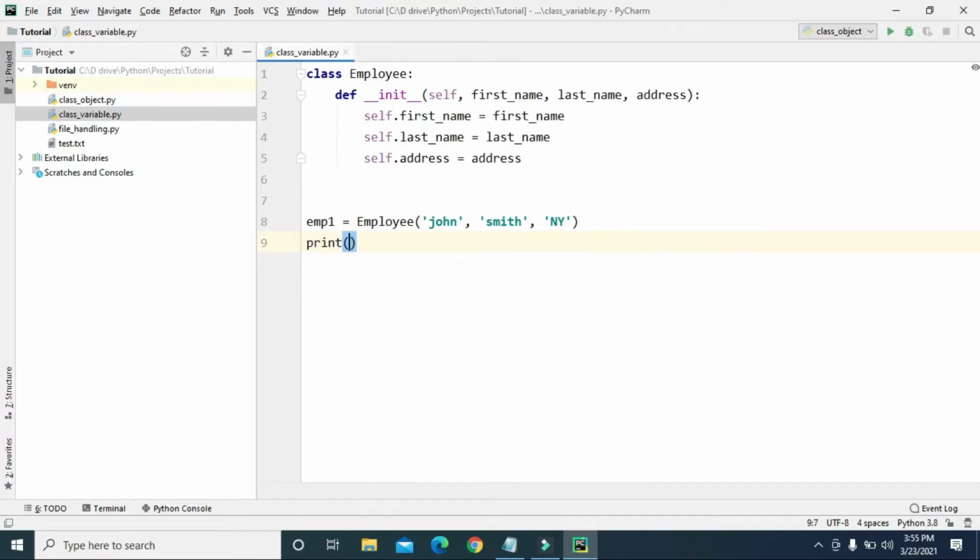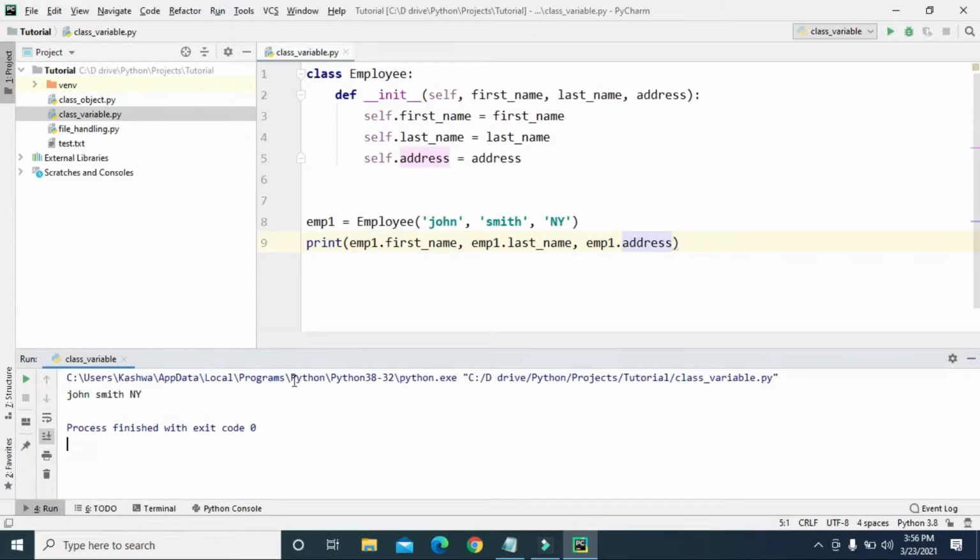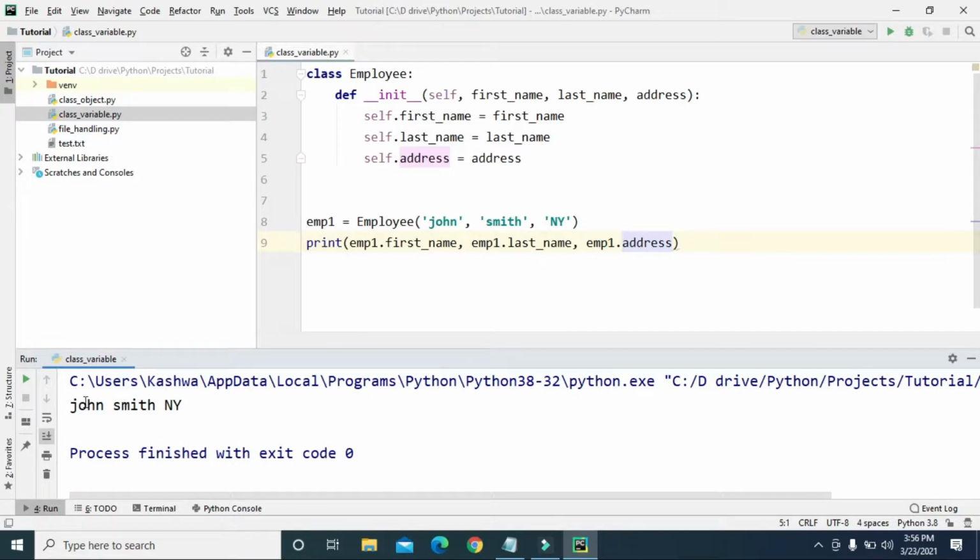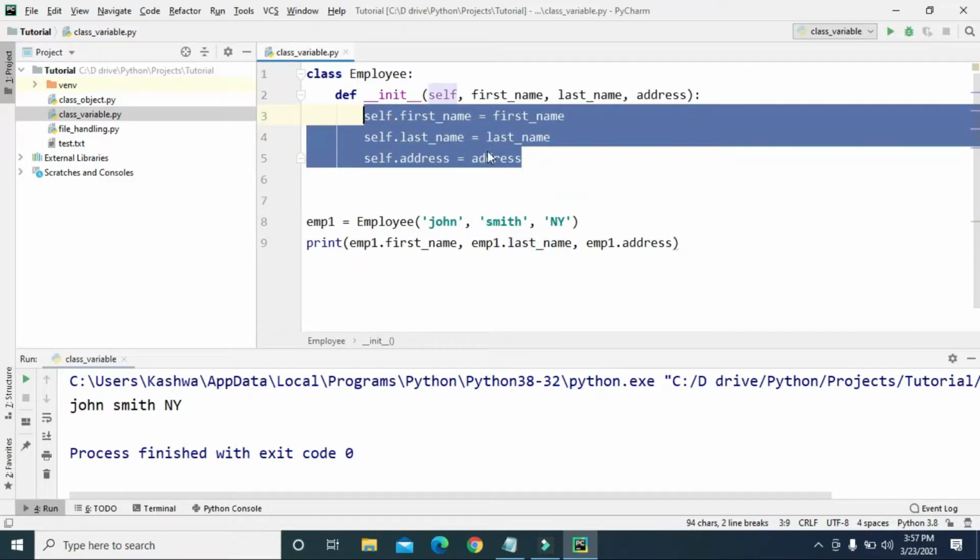So we can print the values emp1.firstName, emp1.lastName, and emp1.address. And if we print this, we have John, Smith, and New York. So this self.firstName, self.lastName, and self.address are instance variables because the values for these three variables will be different